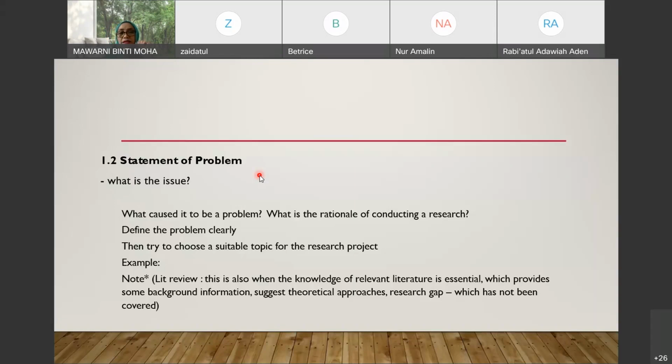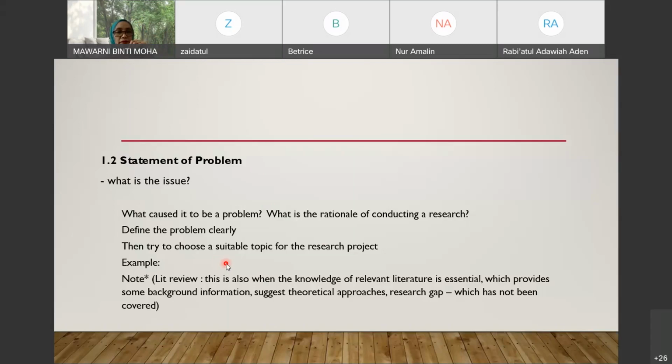When you have come up with a topic, that means you already have the background of the things that you want to do. You may have chosen particular or suitable items or instruments that you want to use for your research, because in the middle you can always play around with the topic. That can be done later. So the basic structure for formulating a problem statement is important, so take note here.